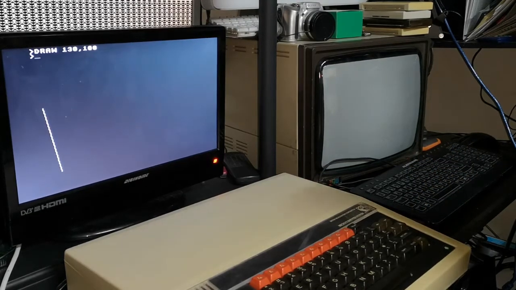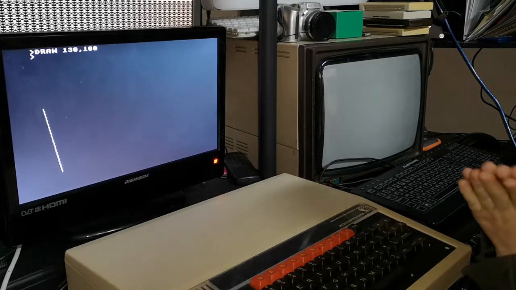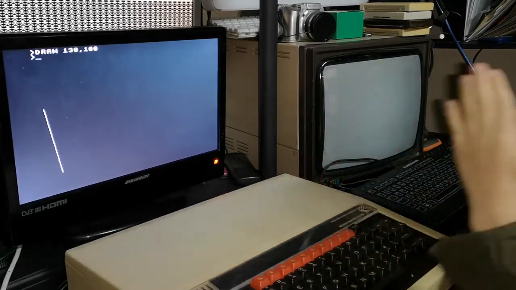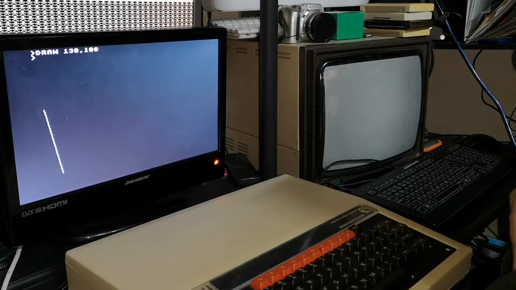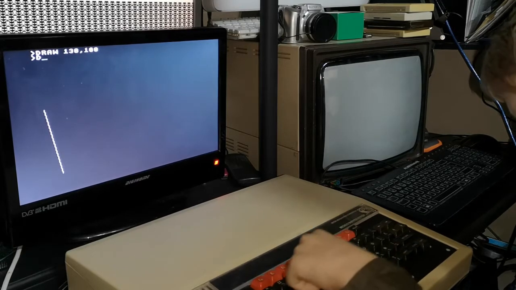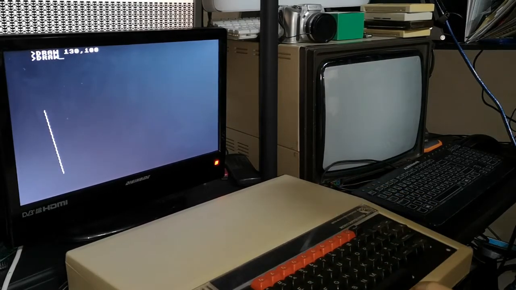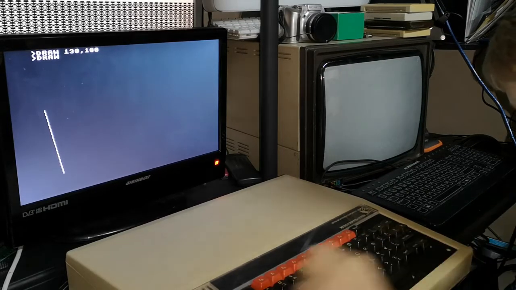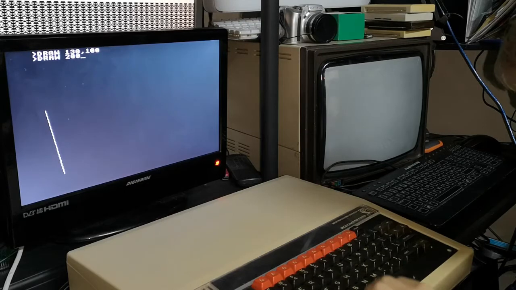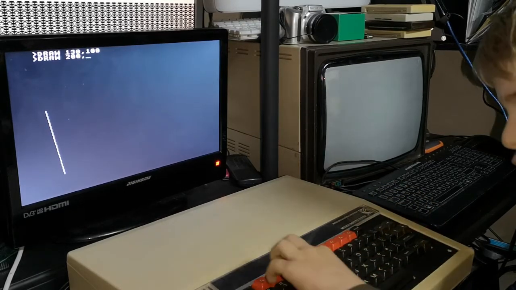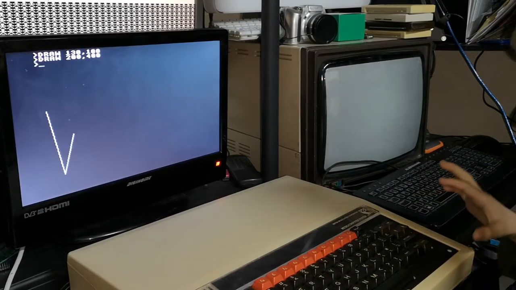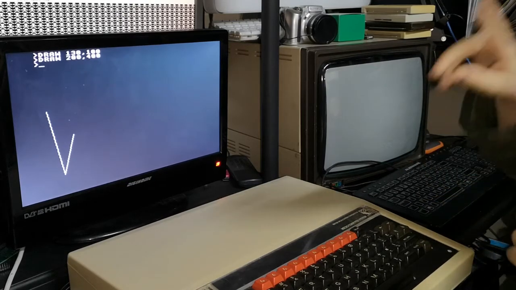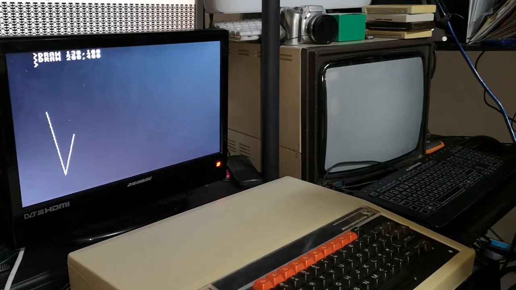Okay, so it draws a starting point of 130 and how many pixels it wants to go up the screen. Okay, so if you add in DRAW, space, 200, comma, 400, what it will do is change the angle and the length. So press return. Whoa, that's like a tick, but the wrong way. Yeah, but you can see how easy it is to actually draw shapes on the screen,